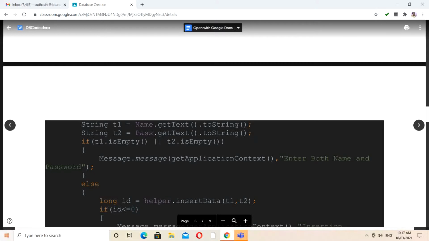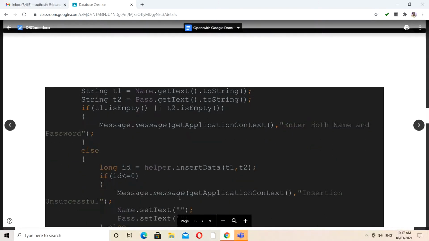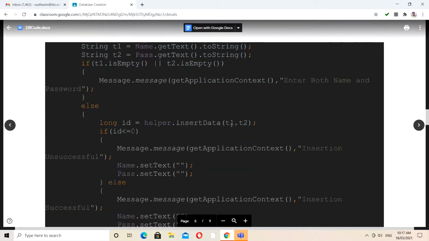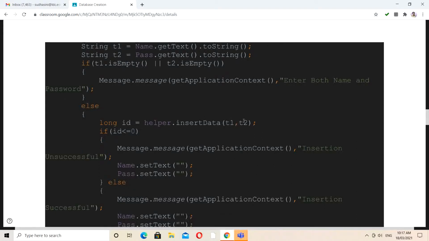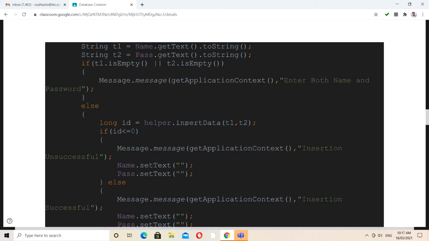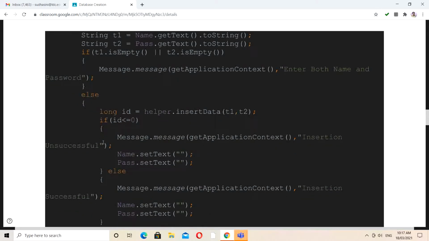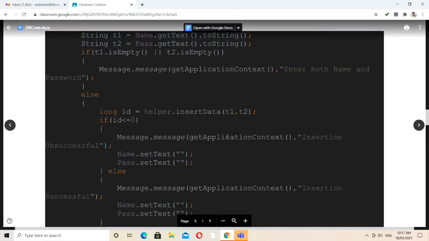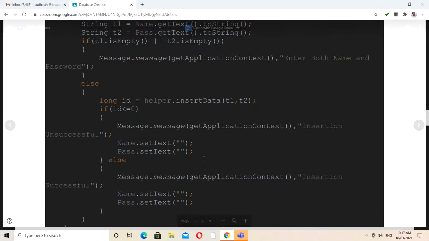Here we are passing two strings, a username and a password. After this insertData, it's going to return some ID, which we have seen in the adapter. If the returned ID is less than 0, we can say the operation is unsuccessful.